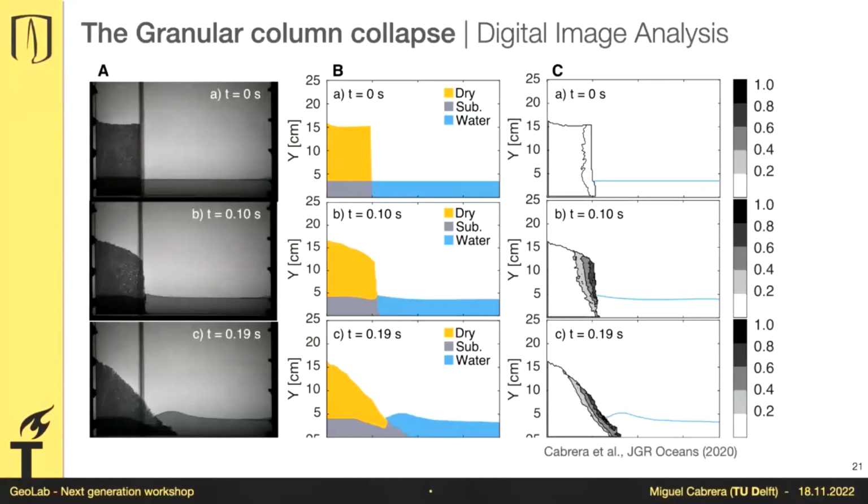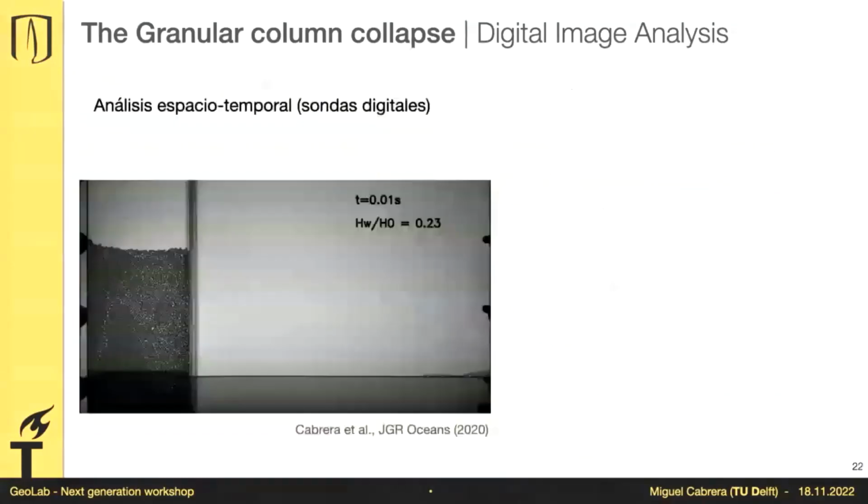That is what is shown in this column C. And PIV will tell you what is the shape of the wedge that was pushing the water and where you expect to have the higher velocities. But there is another image analysis technique that I really like because of its simplicity. And this is called a spatiotemporal analysis.